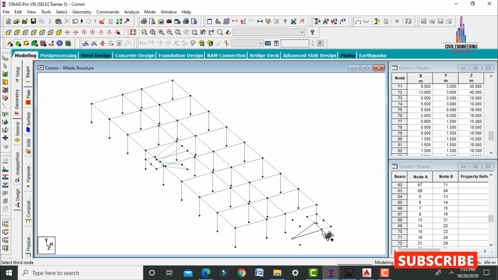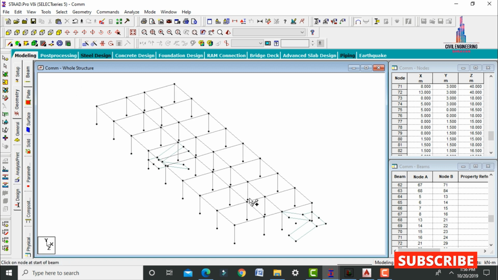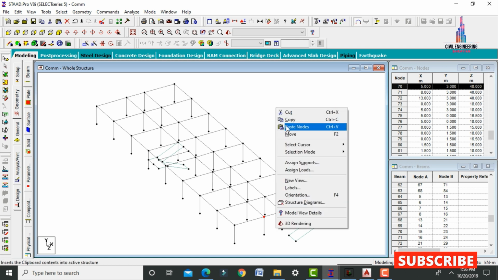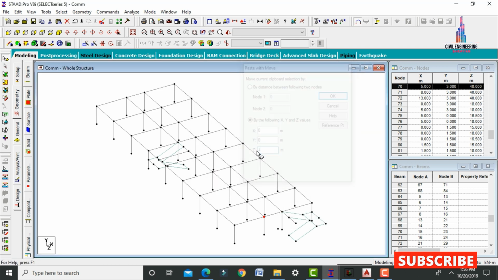So after that we have to connect these respective node points with the help of the slab. Select first point, select second point, select third point, select fourth point. In the same way we have to connect these respective node points with the help of the slab section on the top of this respective section also. Select first point, second point, third point, fourth point. So after that we have to add the cantilever slab for this respective section. So before that we need to connect these respective node points with the help of beams. So select node cursor, select this node, click on copy, click on paste nodes. So here we have to create the z direction distance of 4 meter.